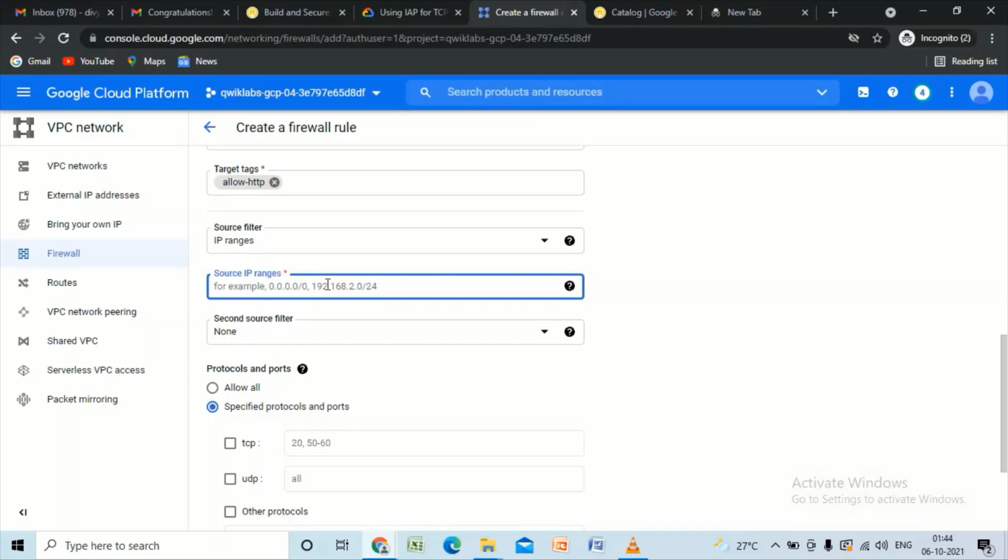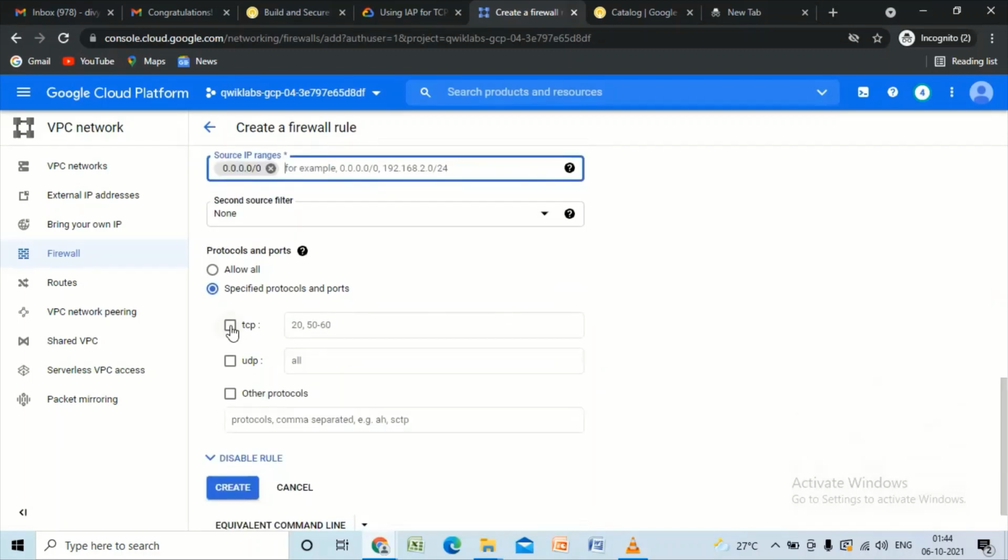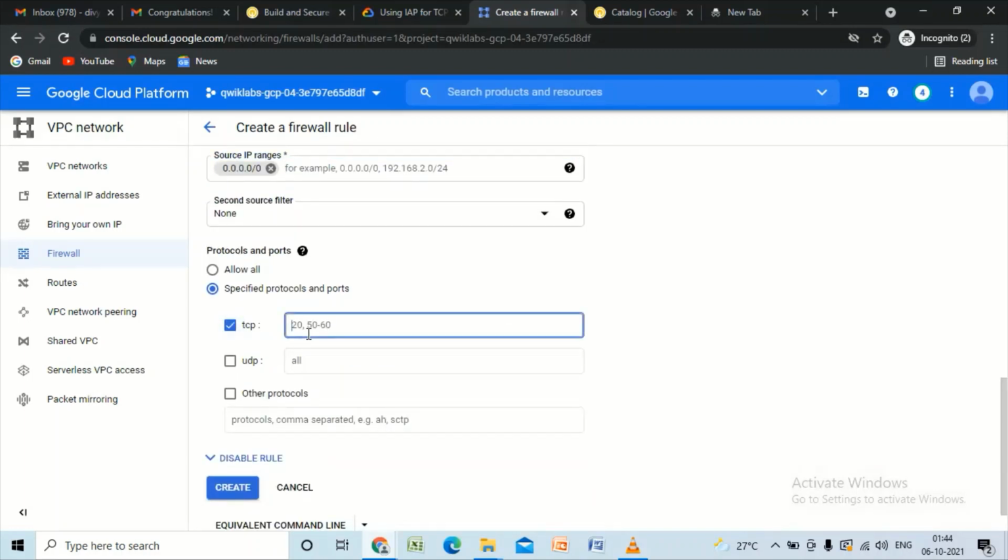Select the source range. So now it was mentioned that we have to enter an IP range that allows connecting to any network. So this is that. You can make a note of this. Set the TCP to 80. Click on create.